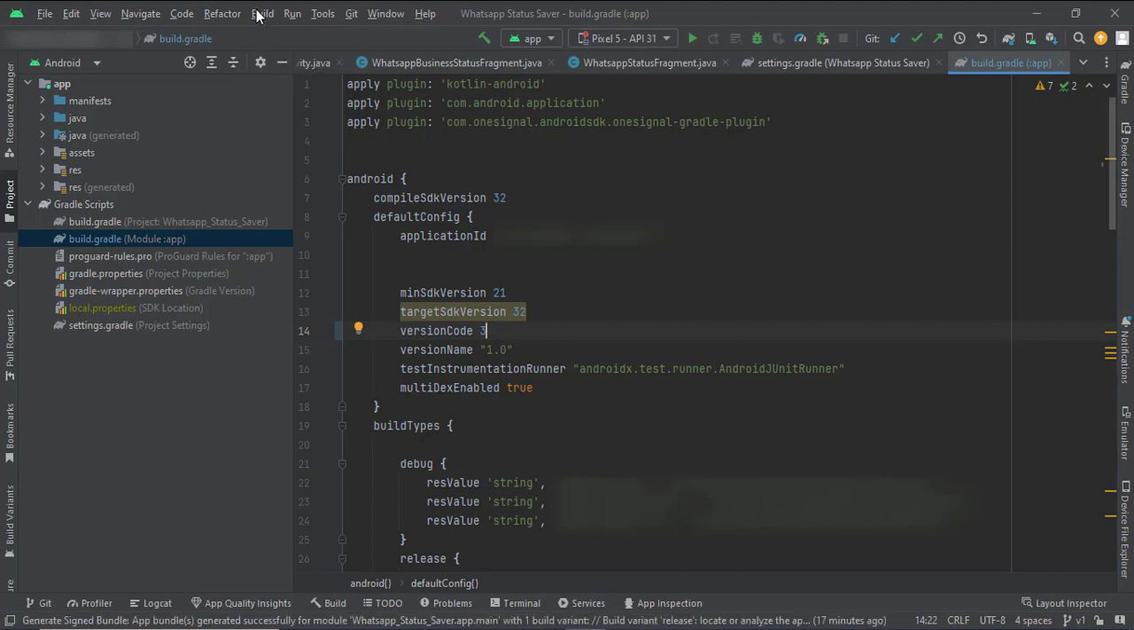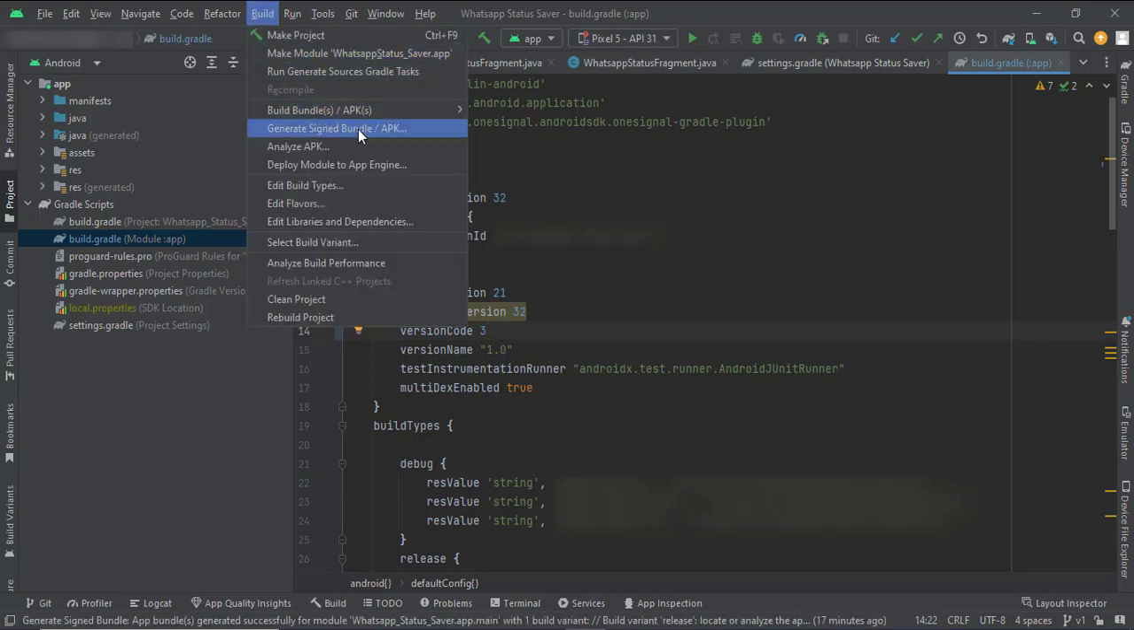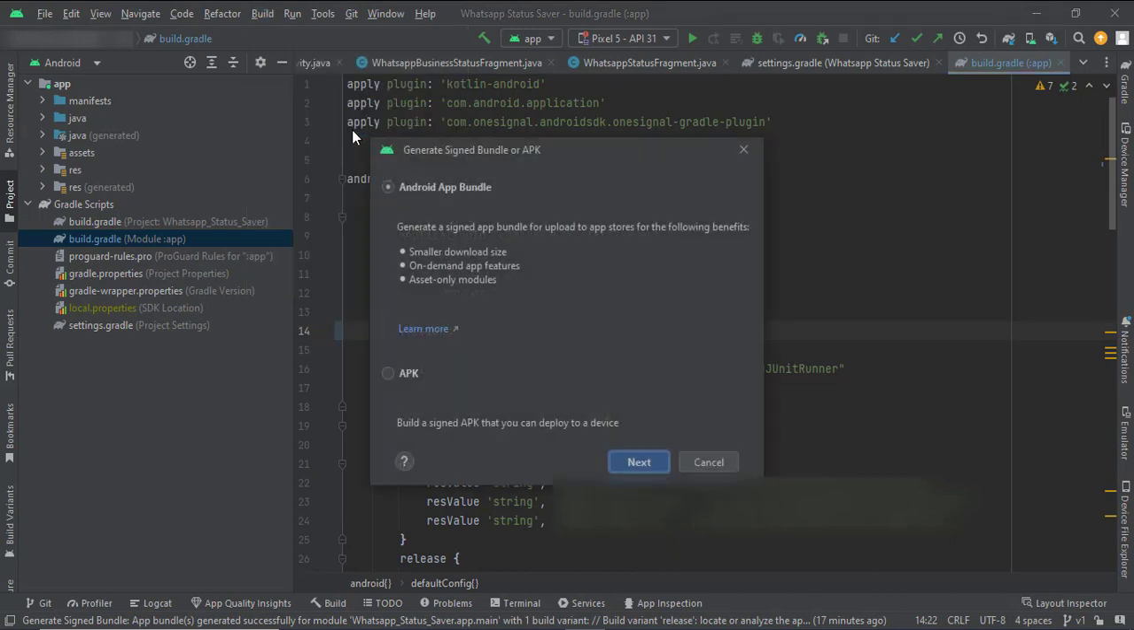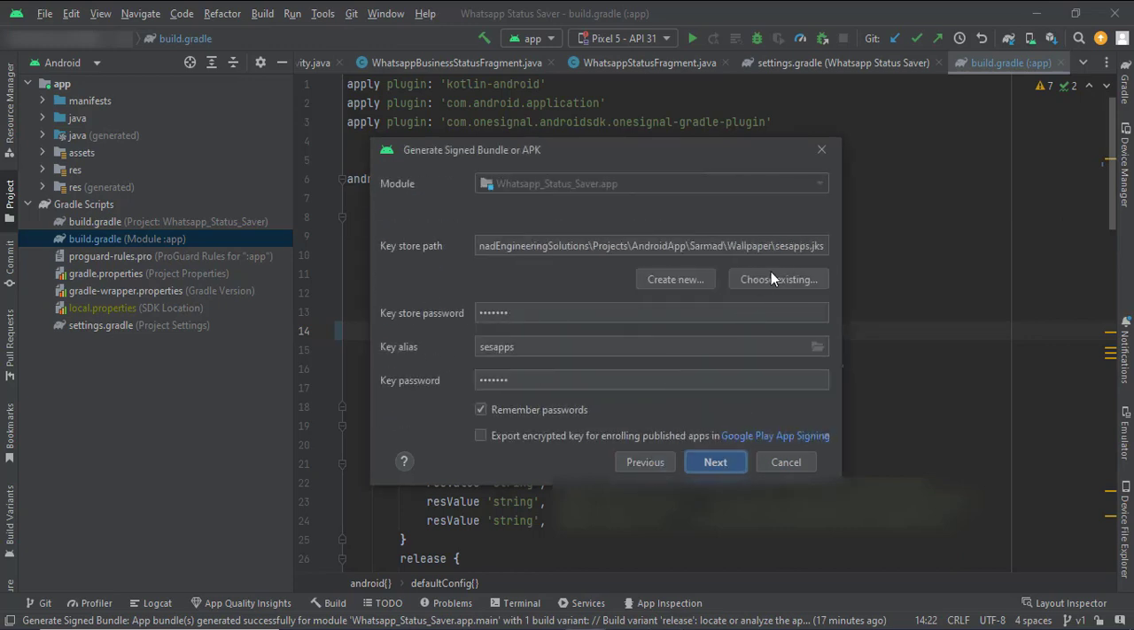Then go to the build and click generate signed bundle or APK. Here you will select Android app bundle because it is more acceptable in Google Play Store. Okay, then click on next and then